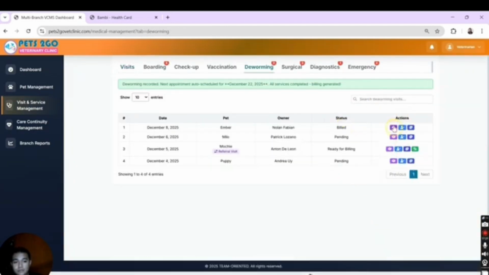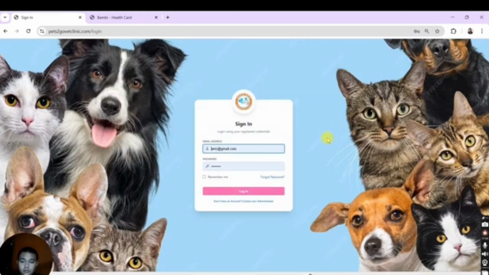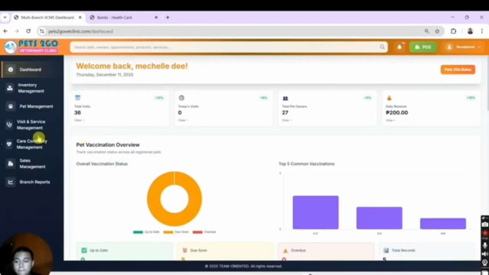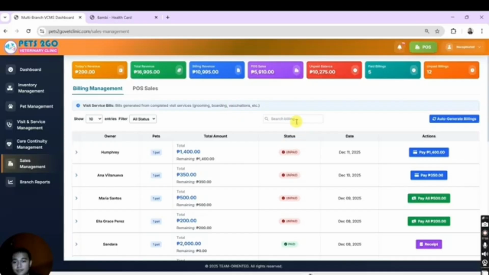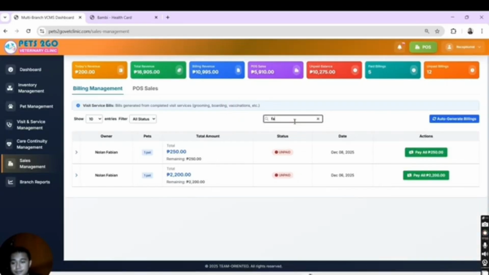Then let's put the remarks, then save deworming records. Let's put Petrifuse tablets and then save deworming records. After you save, as you can see, this is the deworming details. And let's go to